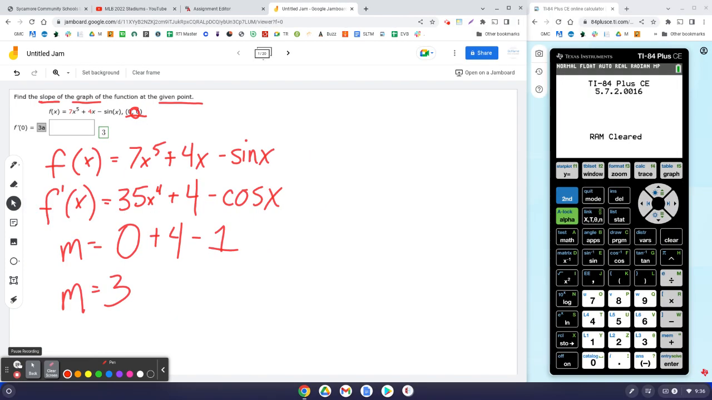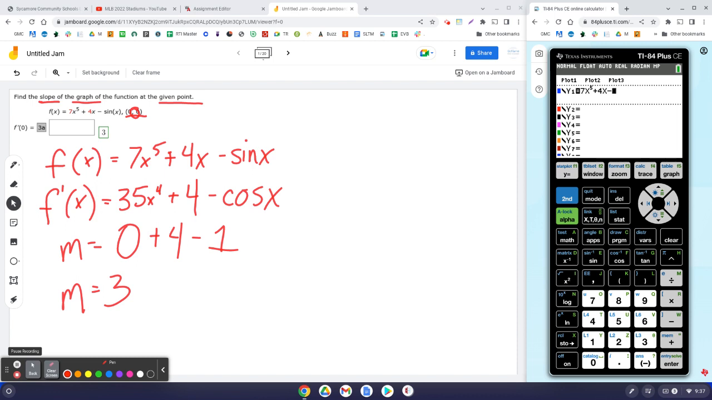Okay, now, there's another way to do this, okay? The calculator can take derivatives at a point. They can't find the function, but they can find the slope of the tangent. So first, let me put this in. 7x to the fifth plus 4x